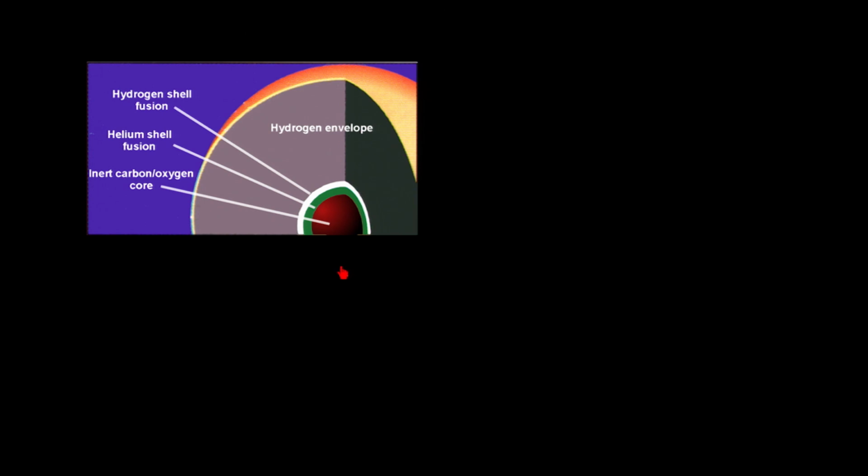When helium fusion occurs at the core, the product of helium fusion is carbon with a little bit of oxygen. And if you remember from the previous video, intermediate mass stars, when they develop a carbon core, never get that core to become hot enough to get the carbon to fuse. And so a star like the sun will end its existence at this point. The difference is that a high mass star, because of its tremendous mass and gravity, can actually get the core to collapse and condense down into a size that makes the temperature high enough to get the carbon to begin to fuse. So where an intermediate mass star can't go any further, a high mass star can take it one step further.